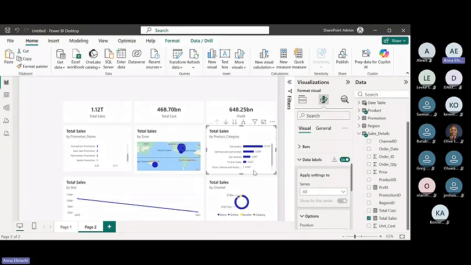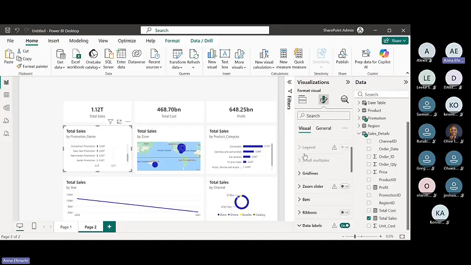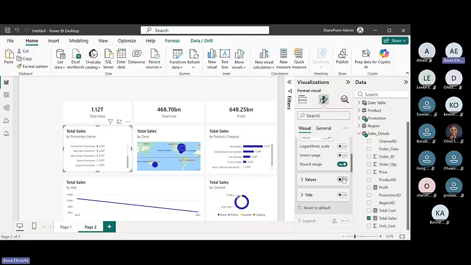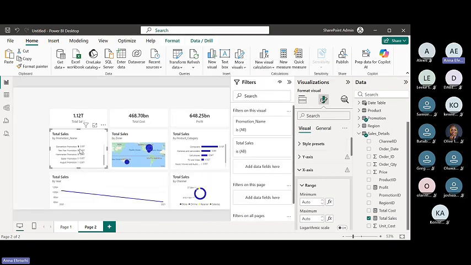Let's format this as well. Let's turn on the data label, and for the x-axis, let's turn off the values. So once we turn off the values, we can see that we are having 0, 0. So let's do top, let me see, 1, 2, 3, 4, 5. Let's do top 5. So you come under filter, promotion name, and